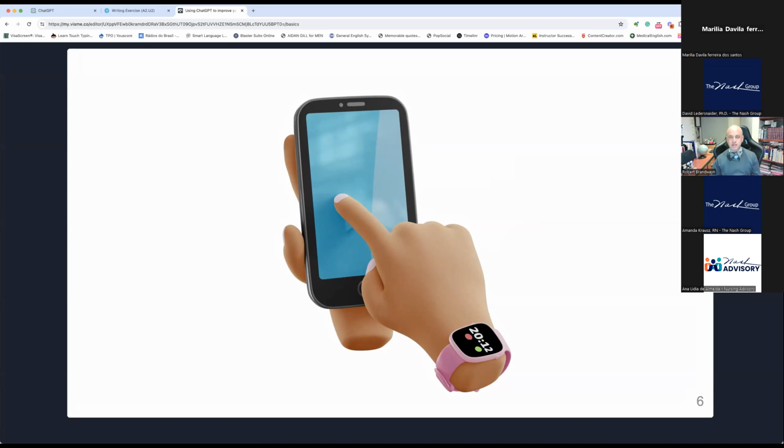All right, for it to work in terms of speaking, para que esto funcione en hablar, ¿ok? You need to use it on your mobile. Ustedes lo necesitan utilizar en su celular. Yo voy a poner acá mi celular. Vamos a ver cómo nos funciona. Let's see how it works. I wanted to do it live, ¿ok? But I'm going to show you the prompt that I wrote down. Les voy a mostrar el prompt que yo escribí.